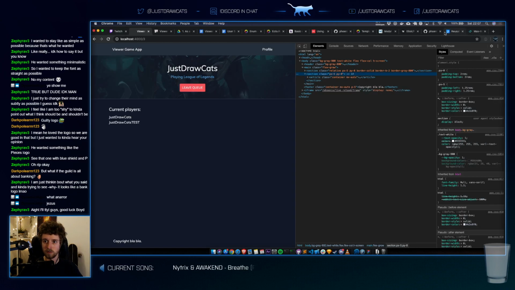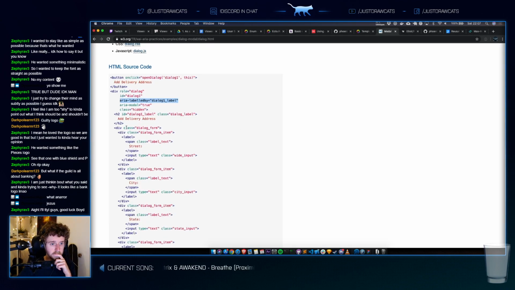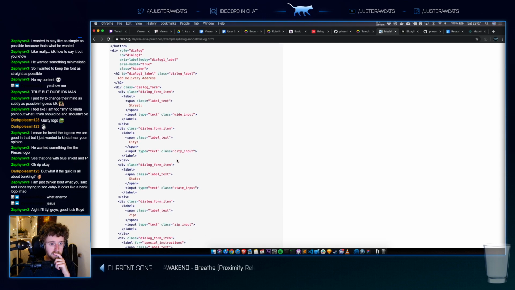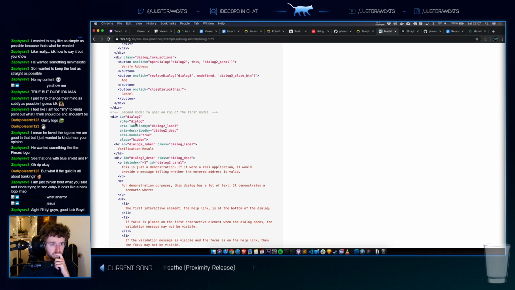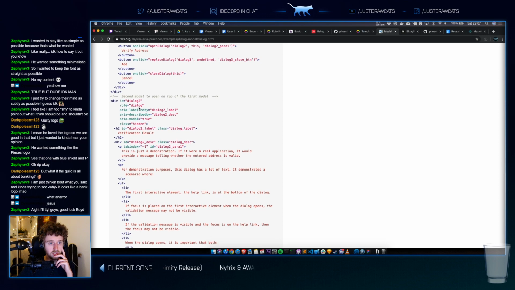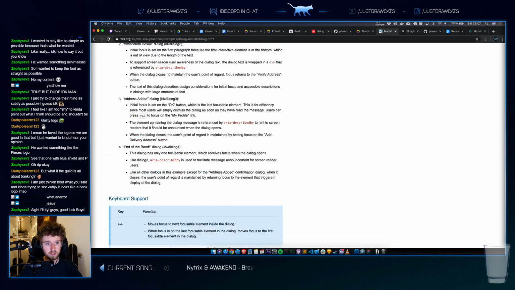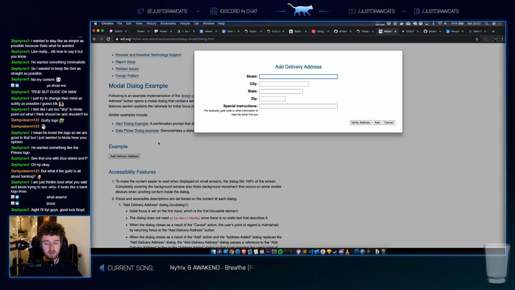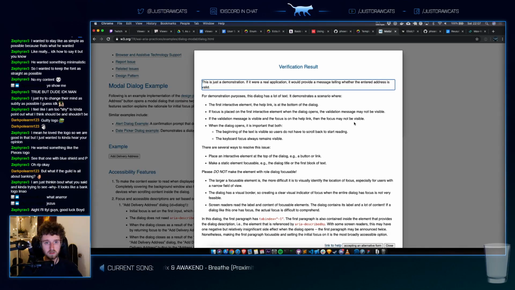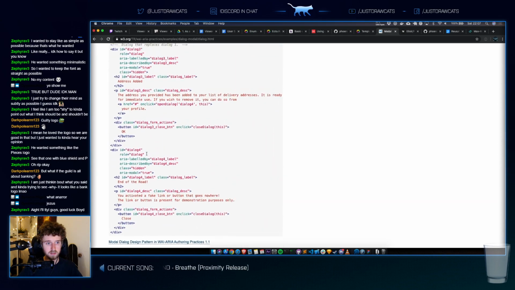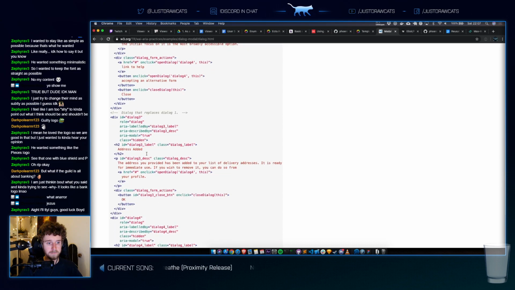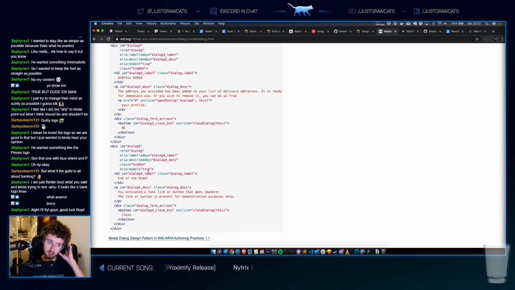Alright, let's look at the modal here. Form item. Yep. Second dialogue. Labeled by dialogue 2 label. There's two modals all over each other. Three modals on the page.